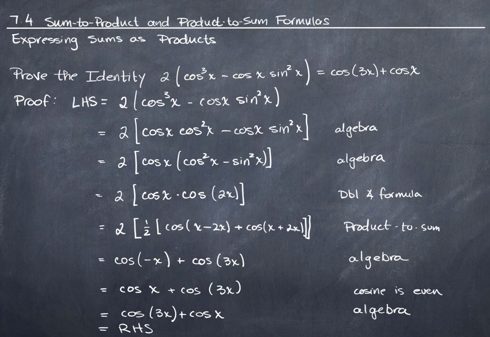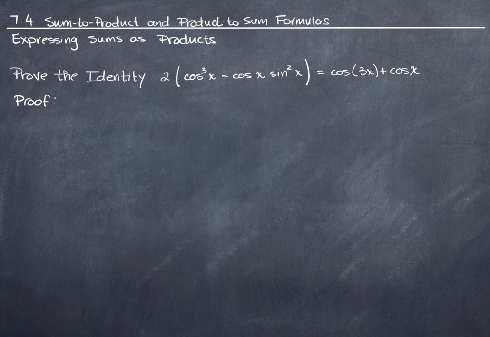Now, I'm not actually convinced that it can. I should give you that caveat. It can, because I could literally take right-hand side equals and then just reverse my steps. But I want to talk through the process as I go. So I'm not sure how obvious or how easy it will be to do that, but I'm going to give it a shot. All right, so this time I'm starting with the right-hand side, and that's equal to the cosine